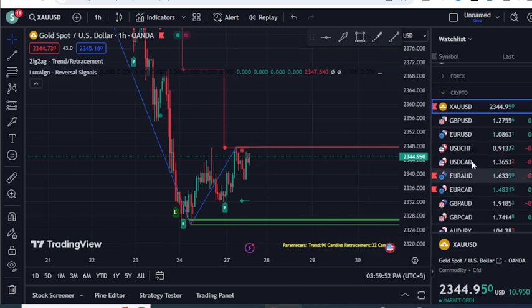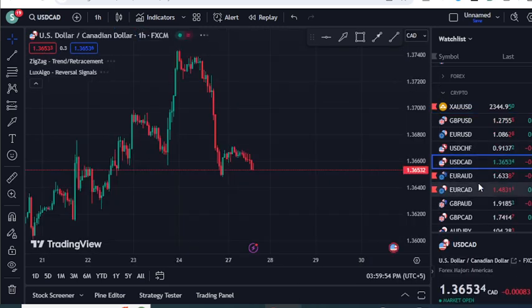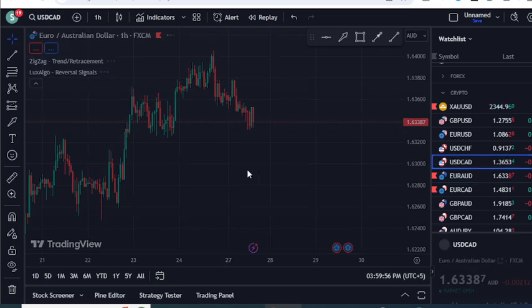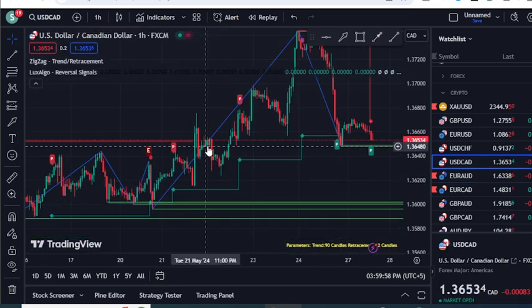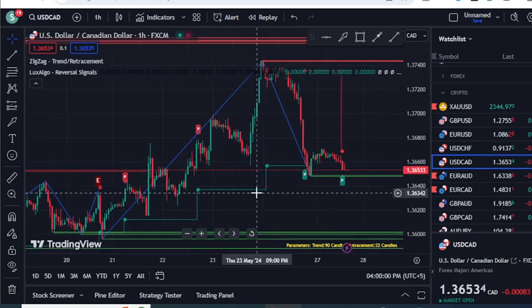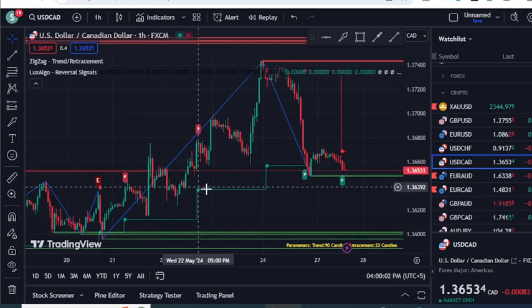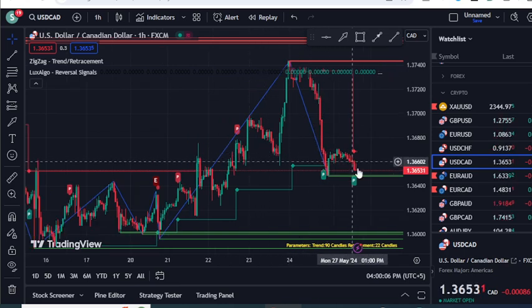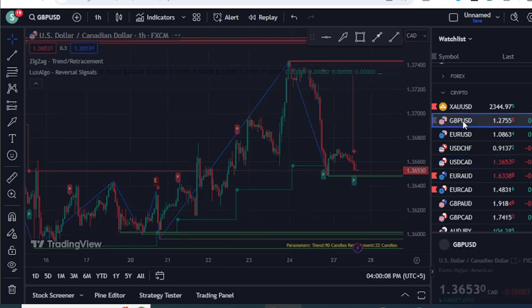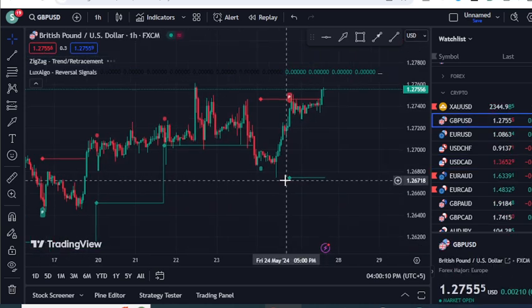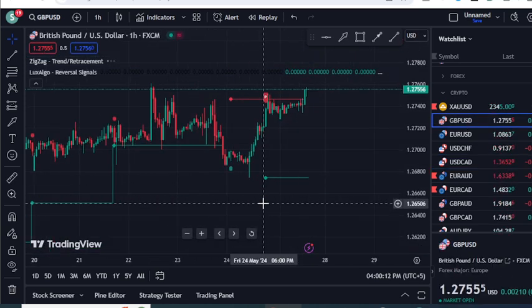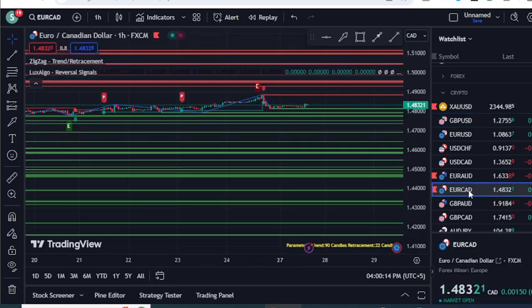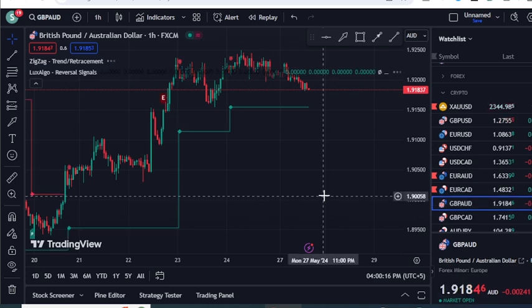And when you are in an uptrend, like we have seen in one of the pairs, for example the USD CAD, this was completely in an uptrend. So it was much better to take the buys from here, but right now the breakout is done and it might go down. So this is how you can use this indicator strategy. This indicator strategy is purely good for trading reversals in the trading market.